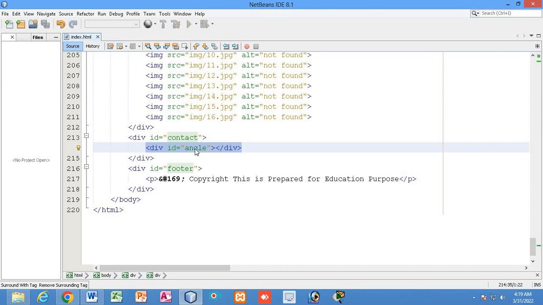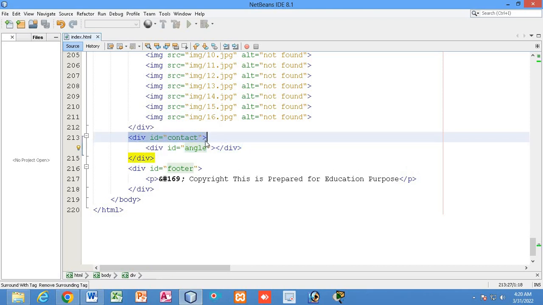Now the portion of the angle div which has gone outside the contact div, I don't want to show that part. See my cursor, this portion of the angle div has gone outside the contact div. I don't want to show this red portion which has gone outside the contact div to the users who are going to access this page, right?